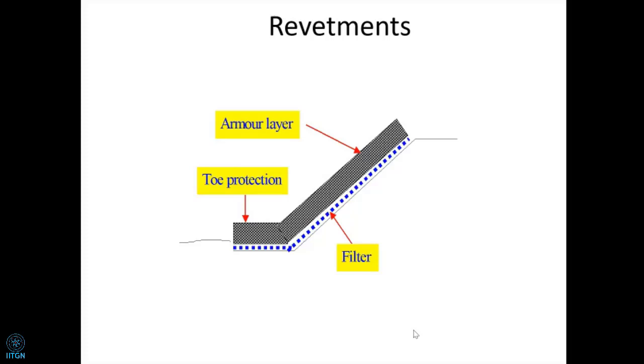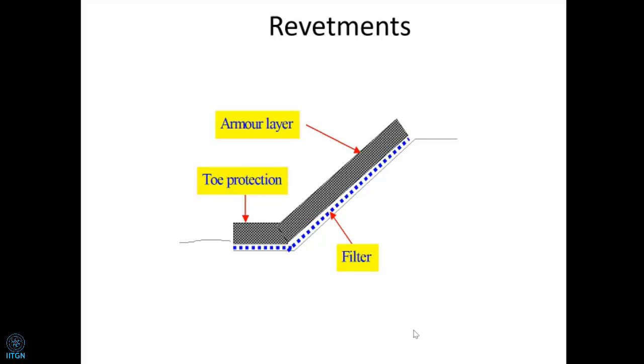So, to achieve this, basically, first we require a filter. Then, any filter, which is a cloth or even your filter paper kind of a thing which you use in your laboratories, cannot stand by itself when a force is applied or sucking. So, it has to be kept in position. So, you require an armor. The armor has a dual function, to keep it in position and at the same time to dissipate, as I said, the disturbing forces, the current and wave. To dissipate the energy, we require an armor.